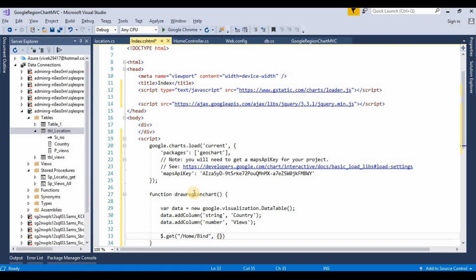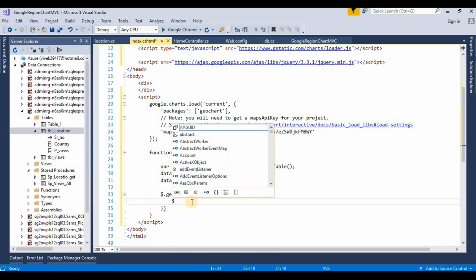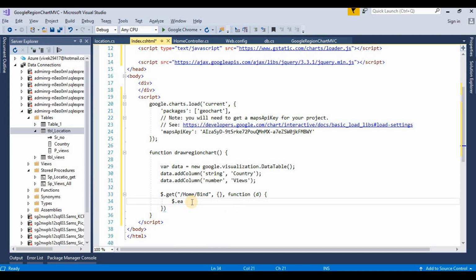It's not containing any parameters, so we leave it blank, and here we take a function. Here we take any parameter name like d, and then in the next step we loop through this data table, means we bind each data to this data table variable